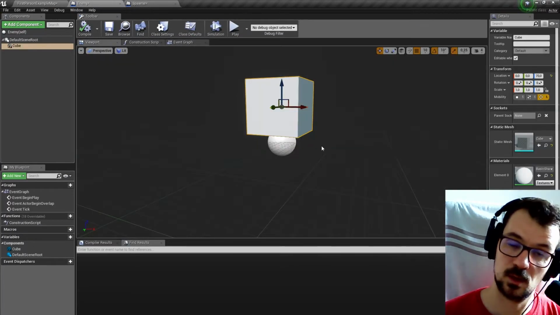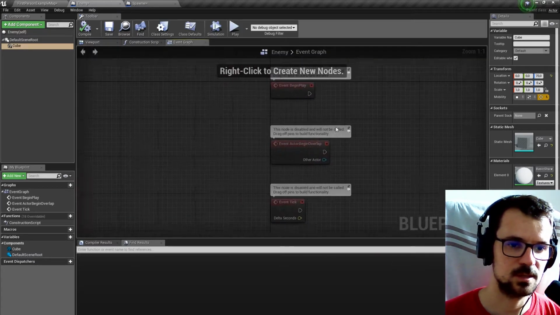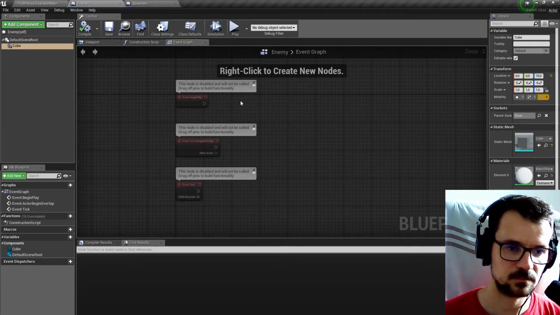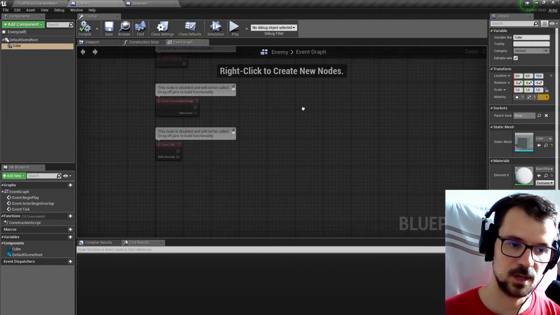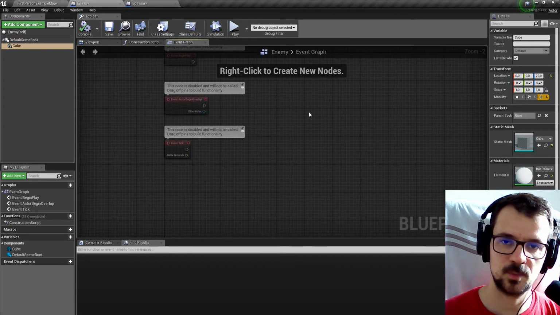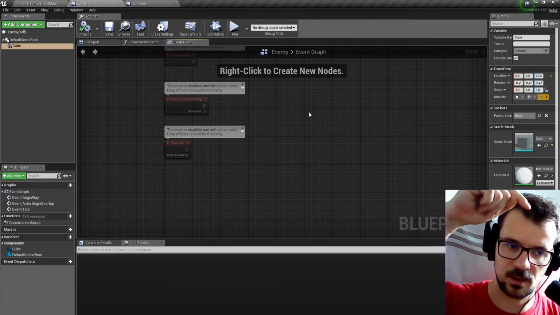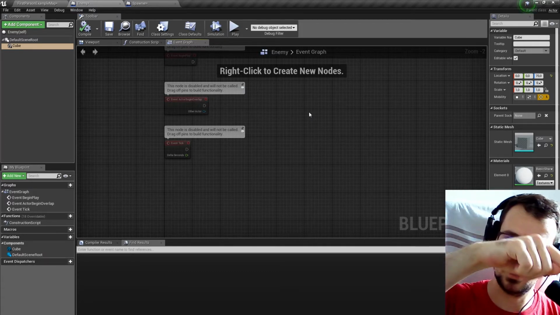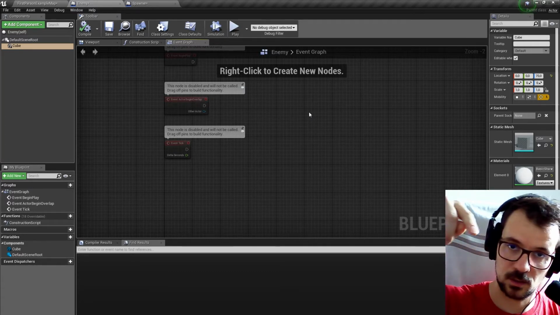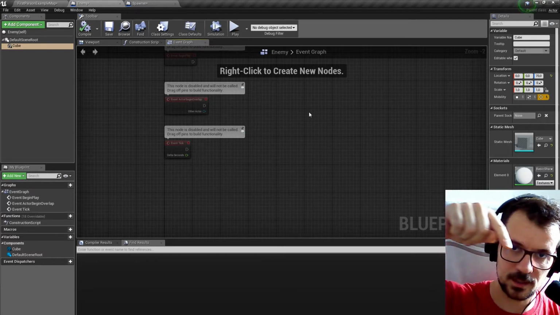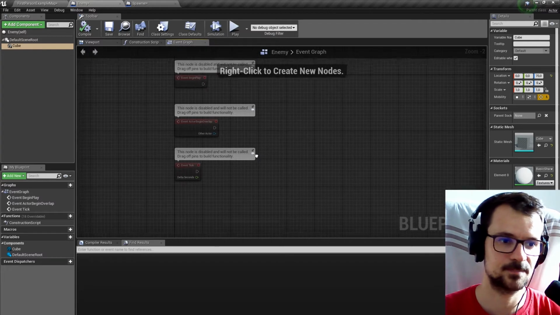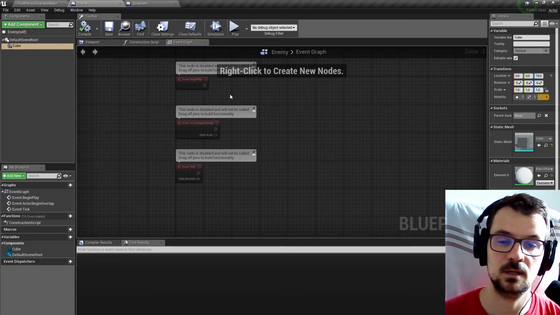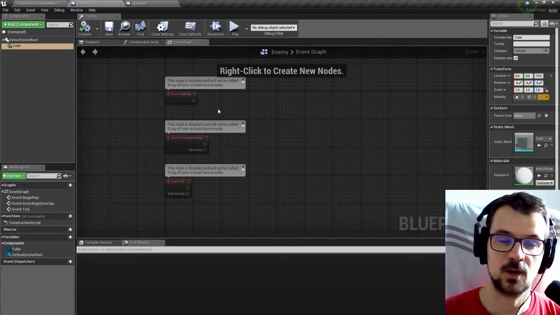Great, now let's go to our enemies. We want to do something with our enemies. So we want our enemies to follow us. To do that, we can just interpolate location of our enemy to our actor. And we do it on tick, so every frame it will interpolate its location to ours, so it will basically follow us. To do that, we need to get location of